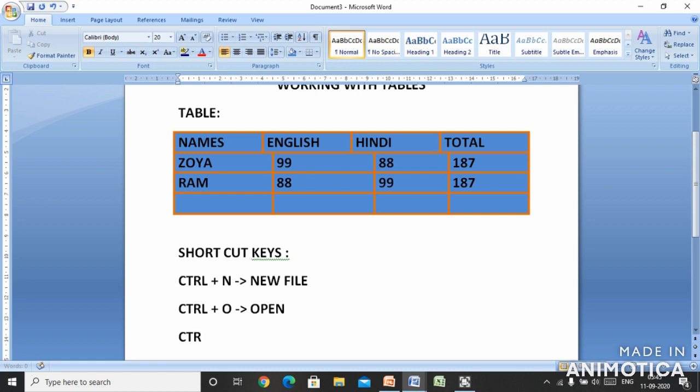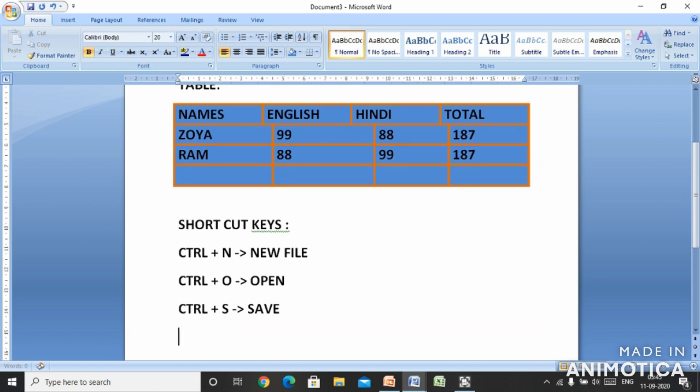Then Control plus S is meant for what? Control plus S is to save your file.